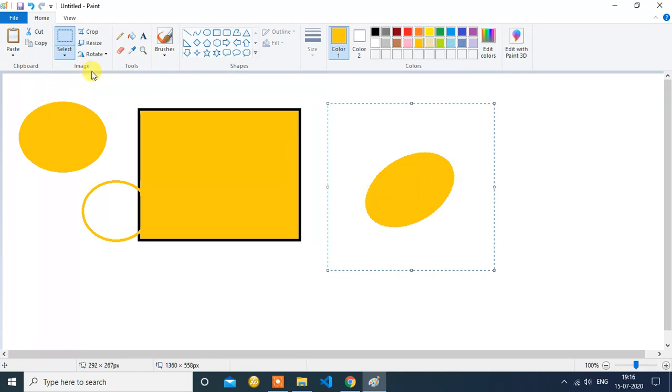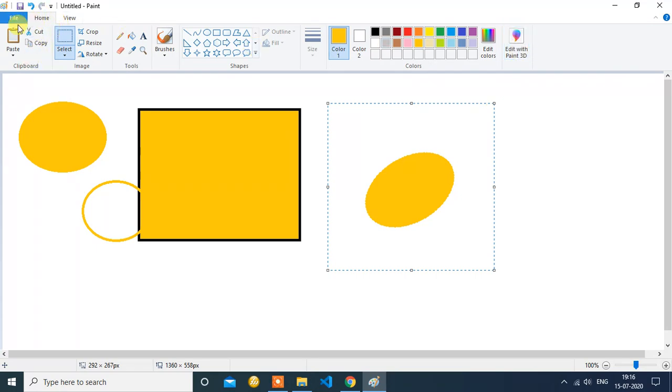So this was all about the resize, and we have completed the image section. All the sections present here were told to you in the previous video, so we will skip those. And one more thing, I had told you this in the starting. This is new software, or you can say an updated version of MS Paint that is linked to MS Paint. It has some new features and some new tools to work with, but I will explain about this in the further videos. So let's move on.